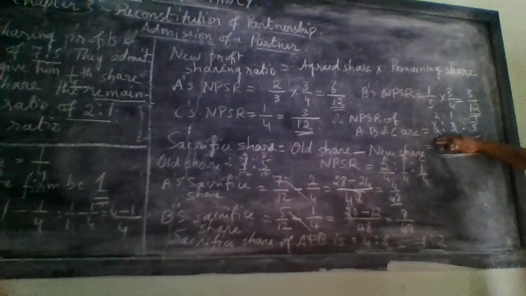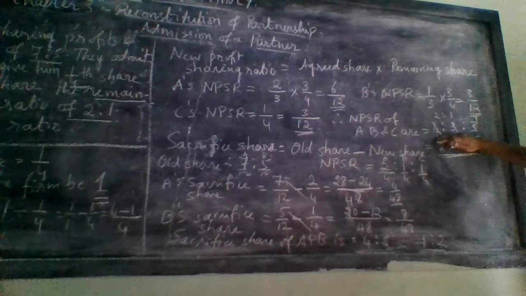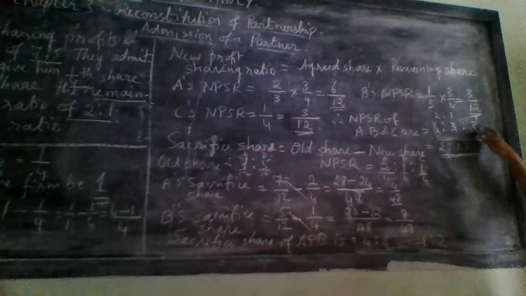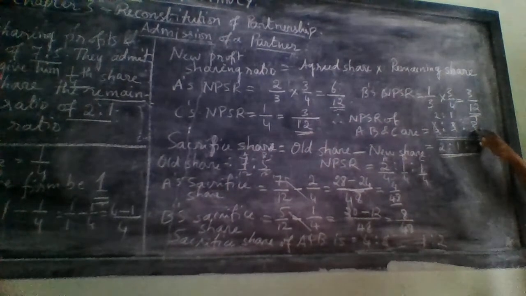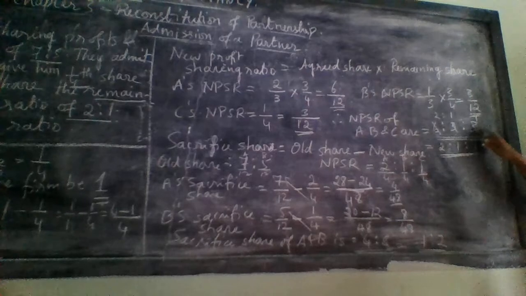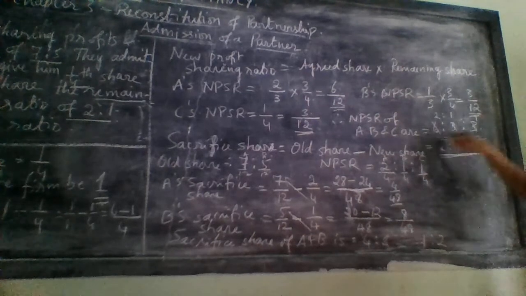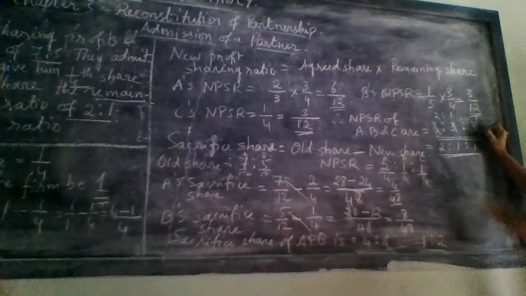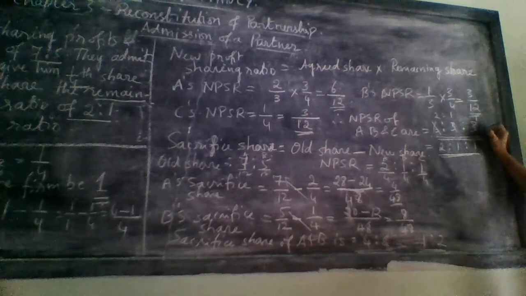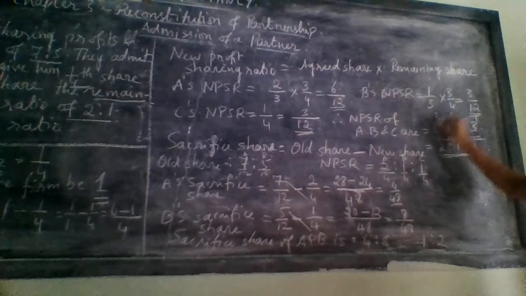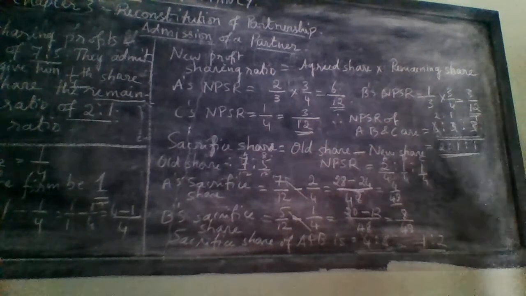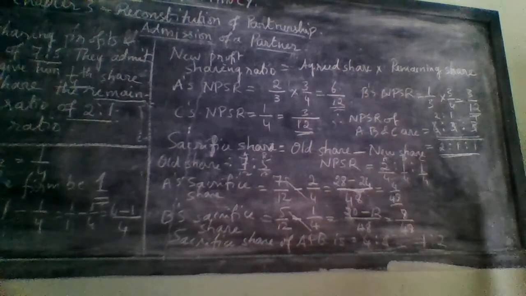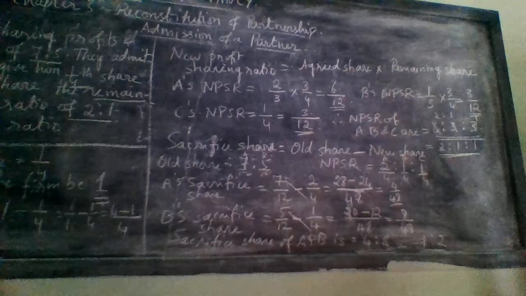You can start doing the problem by taking this also. If they have given 1 here, then it is not possible for you to simplify. But here they have given 6, 3, 3. If only 2 is possible and here they have given 1, then you can't write it in a simplification form. Only if all the three partners' ratios can be divisible by one common number can you write it in a simplification form.